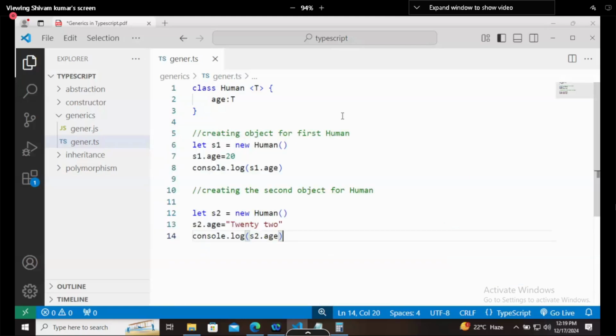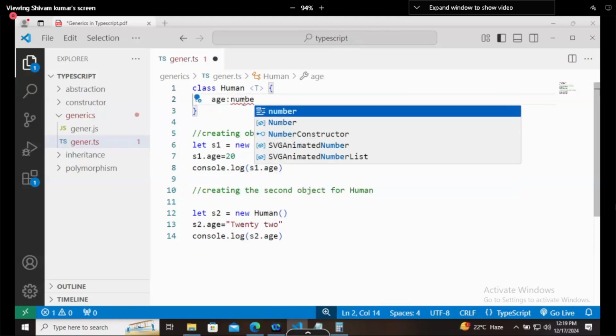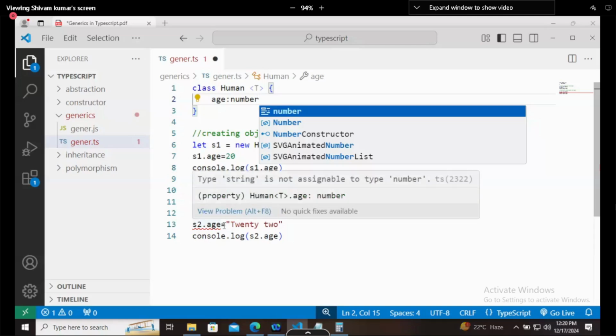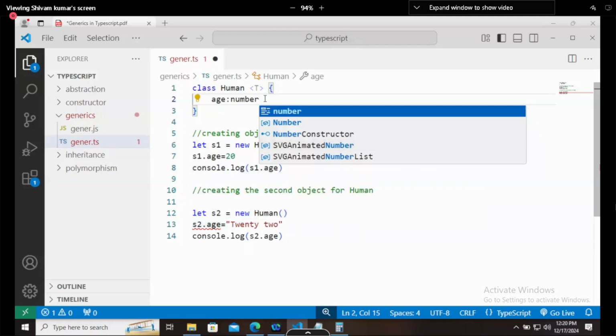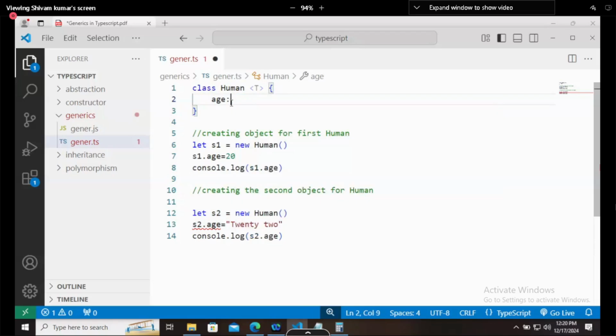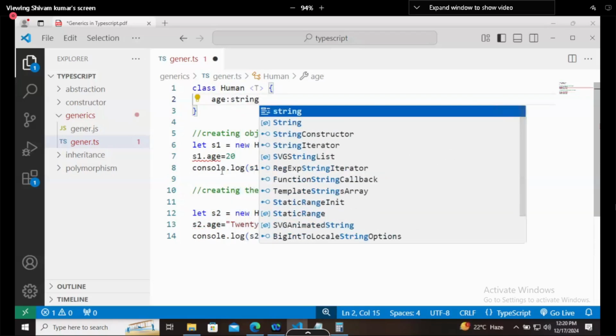Now this age is accepting both values, but how is this magic working? It is working because we are saying that Human is a generic class. A generic class means it will have type safety automatically, you don't have to write it. Generally, if we write number here, s2.age has a problem because you are setting a string. If you write string here, the number will have the error.